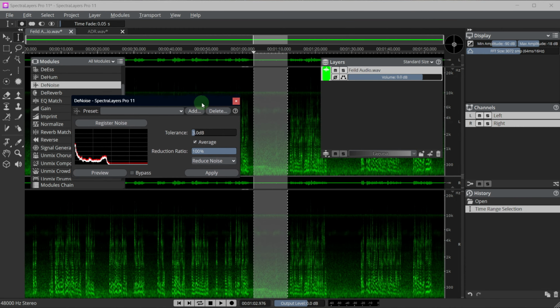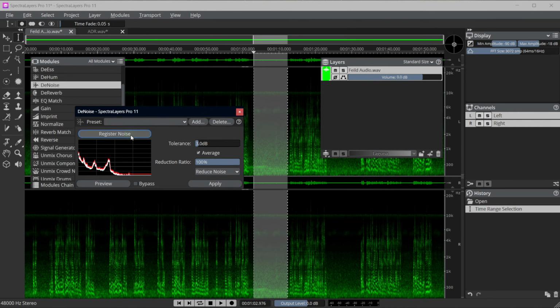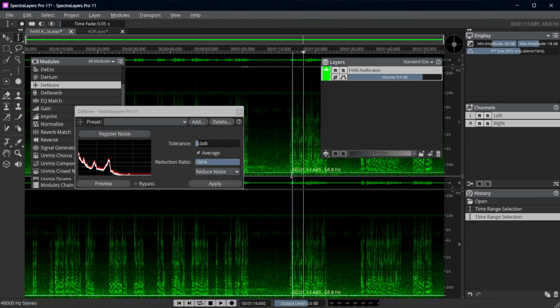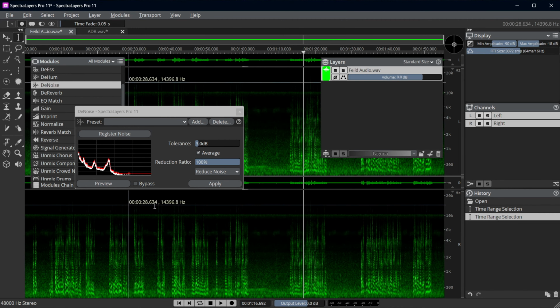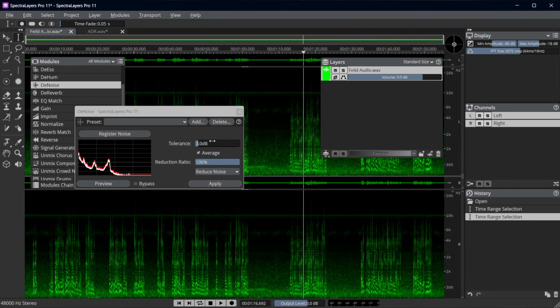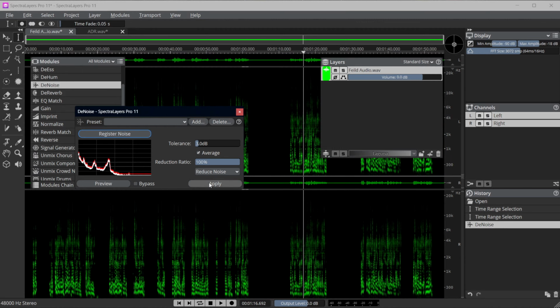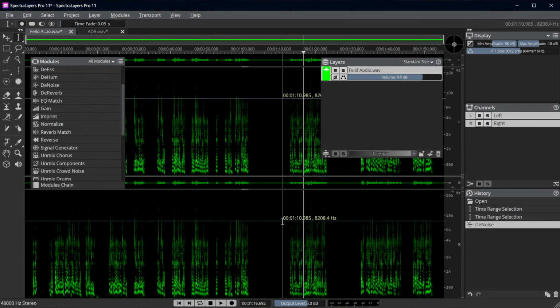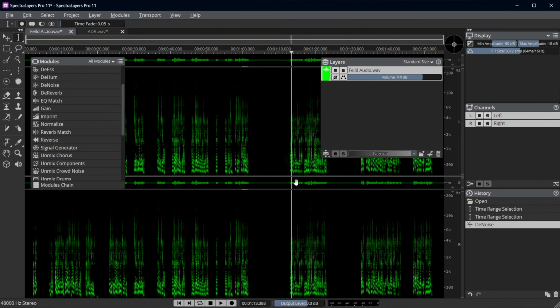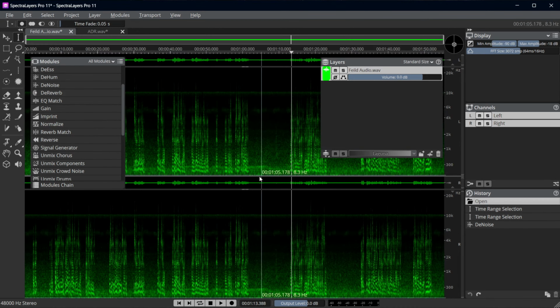If it's constant, which in this case it is, we can do register noise, and then we'll deselect that so that it applies the process to everything, and leave everything else, and we can just do apply. And that actually gives us a slightly different result. A lot more glitchy. So I don't think we're going to use that. But you could, and you could hone it in a little bit.